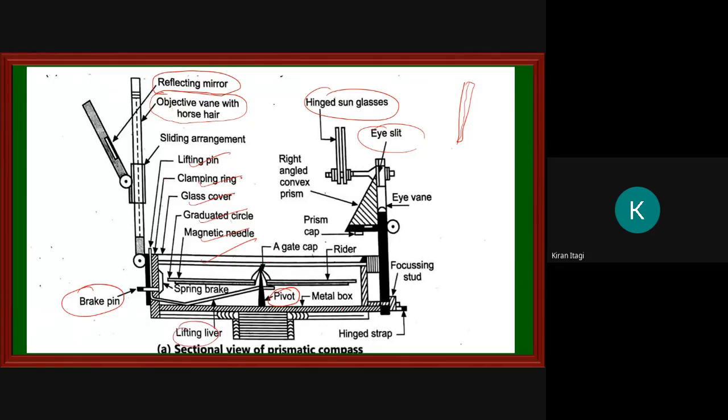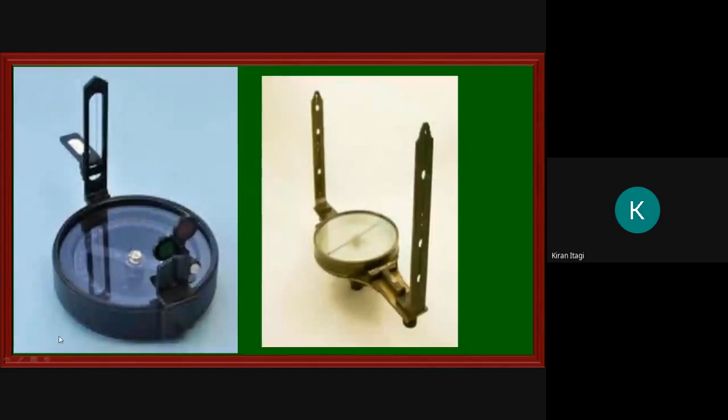I will explain each and everything, and what the use of these parts is. So just look at the figure. This is the prismatic compass, and here also I will show you. Here you can see the reflecting mirror, the observing slit, and this is the horsehair. Here you have some shades and some graduated scales. Here you can see the pivot, and as the figure is a little blurry, you can't see some parts below it. So this is the prismatic compass. We will see each part one by one.